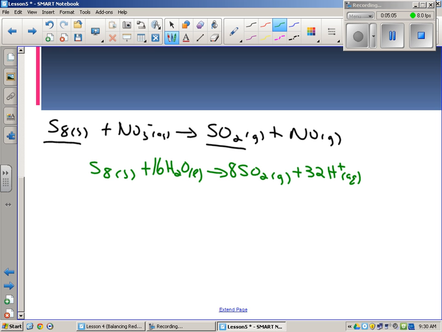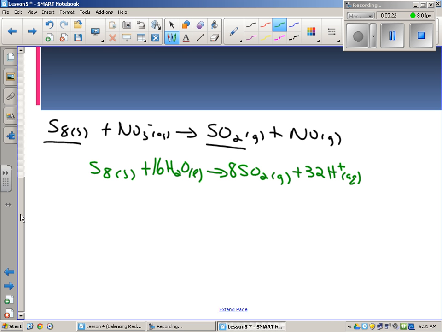Now, are all the atoms balanced so far? Are all the atoms balanced? Yes or no? 8 sulfurs, 8 sulfurs. 16 O's, 16 O's. 32 H's, 32 H's. Yes? Okay. The last thing I need to do is add some electrons, because is the left